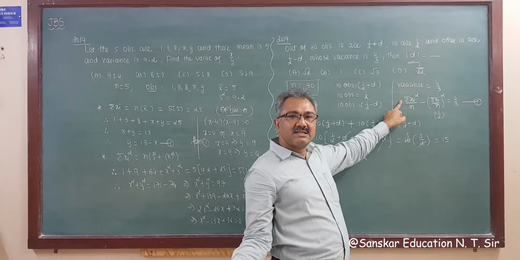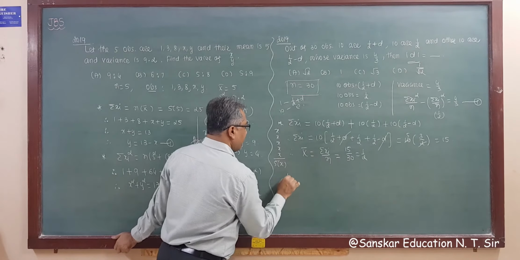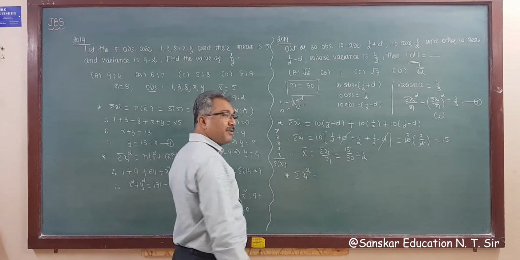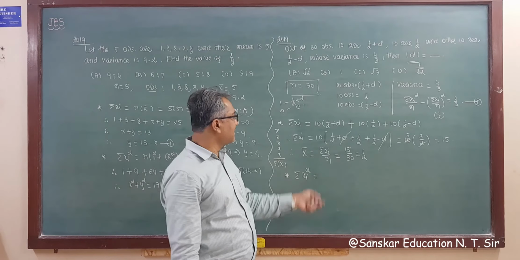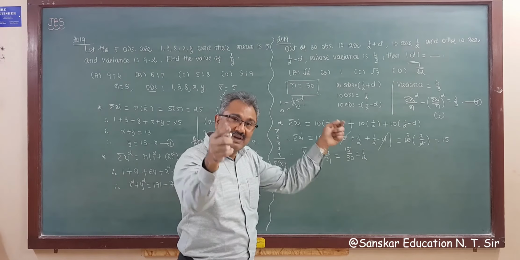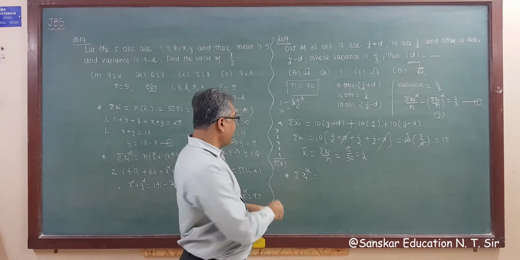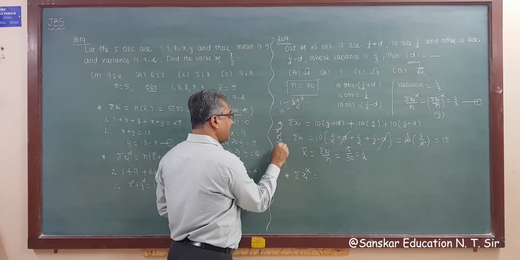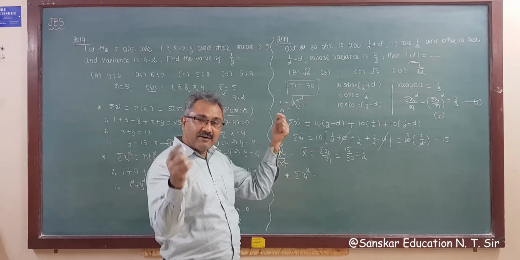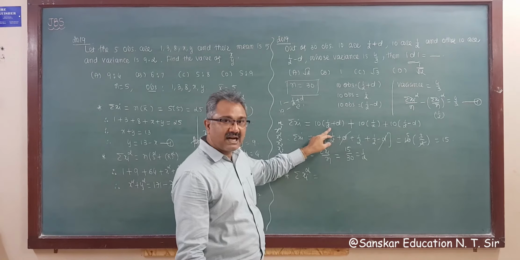That is the sum of the squares of all observations. So next is sigma xi square. Sum of the squares means 10 times half plus d whole square. Got it now? Because we have to square it. Because observation squared, that is x square, x square, x square, x square, x square, so 5 times x square. So 5 is as it is. Only we have to square the observations. So these observations are half plus d.